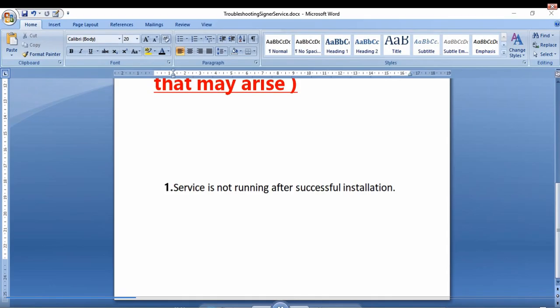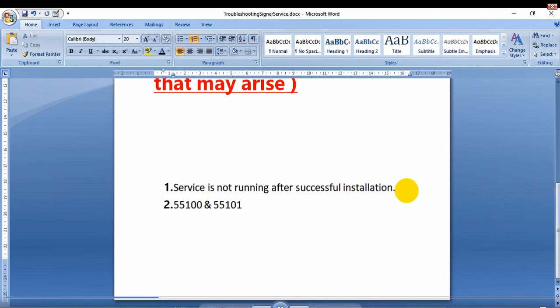Now we'll discuss the second issue which may come to us. I will write the second issue here. We did all the manual steps but still are not able to start the service. Then it may be that the ports, if you remember I told, 55100 and 55101, we discussed that these two ports are specifically assigned for DSC signer service, and if these two ports are busy with something else, then our DSC signer service will not run and we will face the issue.